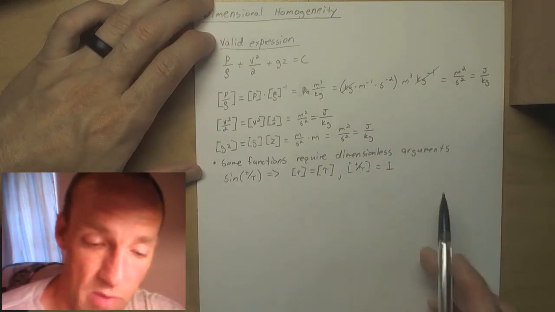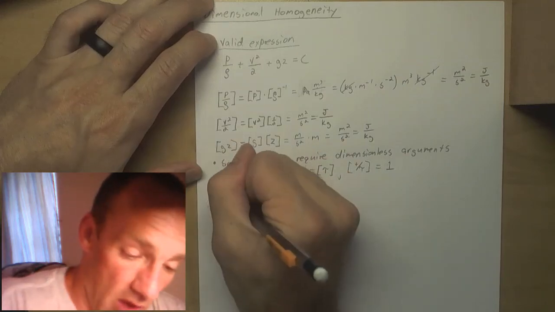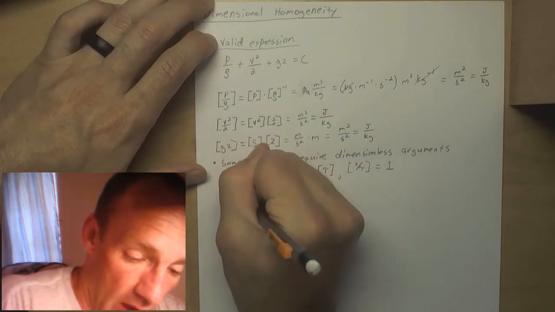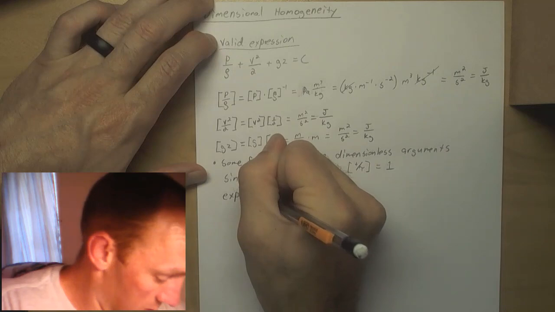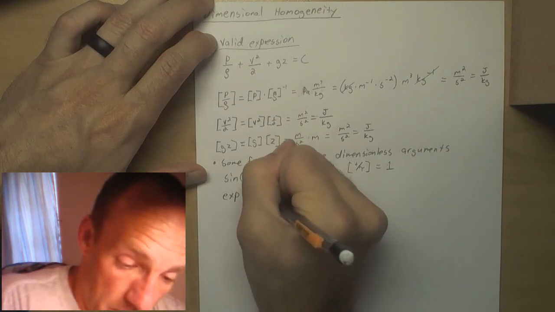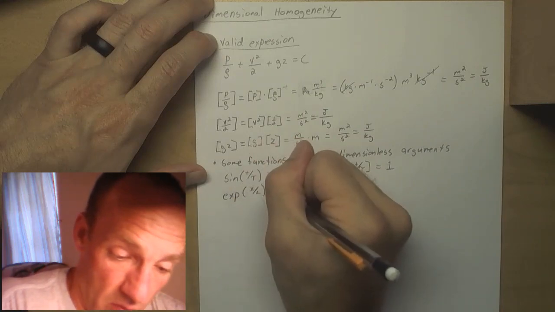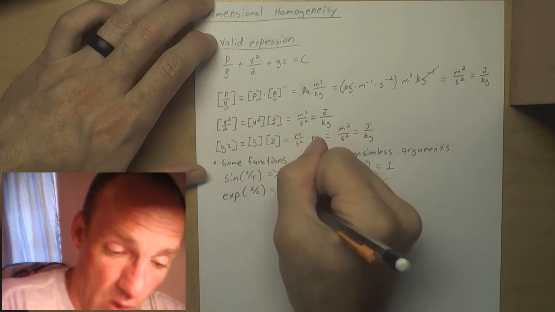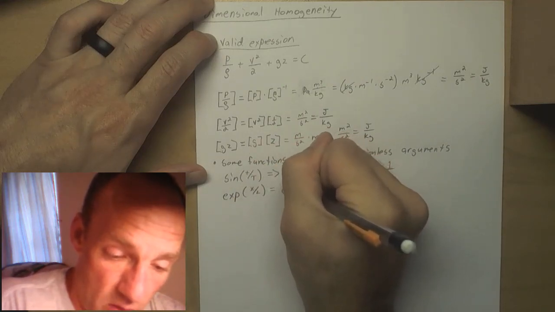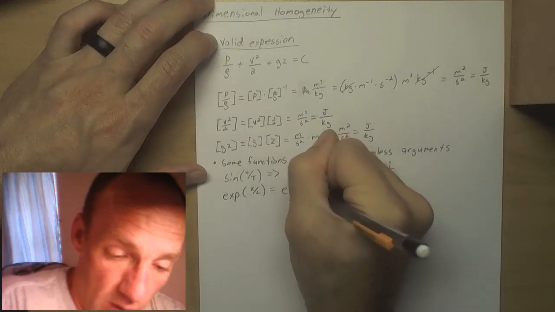T over tau must be unitless. Okay. Likewise for things like the exponential function. The exponential function, if you're not aware, is just e raised to the power of x over L in this case,